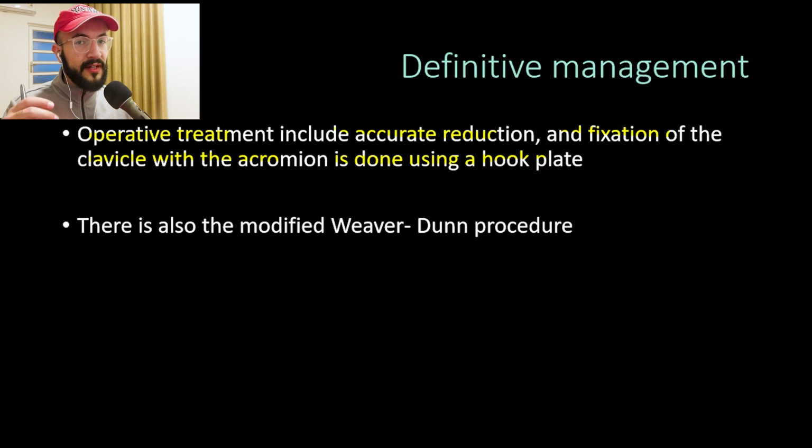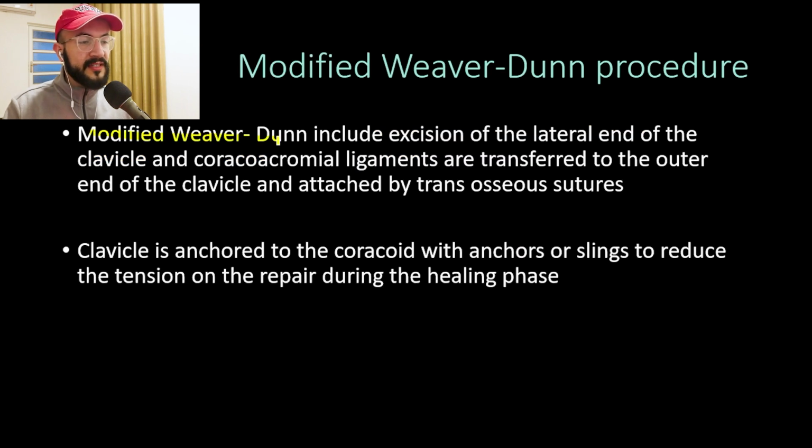And there are also other operative techniques, and also there is the modified Weaver Dunn procedure. So the modified Weaver Dunn procedure includes excision of the lateral end of the clavicle, and the coracoacromial ligaments are transferred to the outer end of the clavicle and attached by transosseous sutures. And the clavicle is anchored to the coracoid with anchors or slings to reduce the tension on the repair during